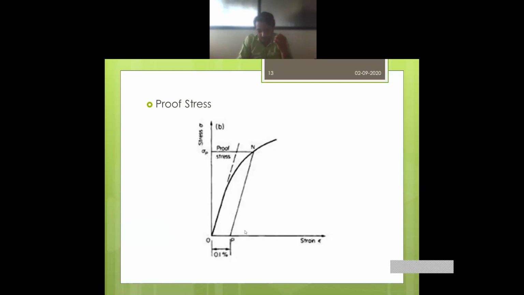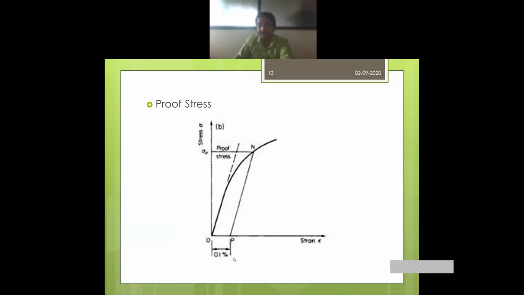So then from the graph, how to take the proof stress value is the question. See here, this is the solid line. What you are seeing is the normal curve, the curve taken from the tensile test. Okay, stress strain curve. Up to some point you can see a straight line, right? Up to some point you can see the straight line, and then it starts curving. I will further project this straight line to this point. Straight line, I will project it.